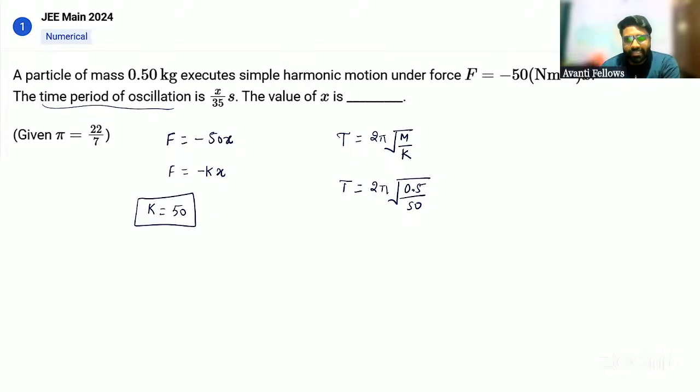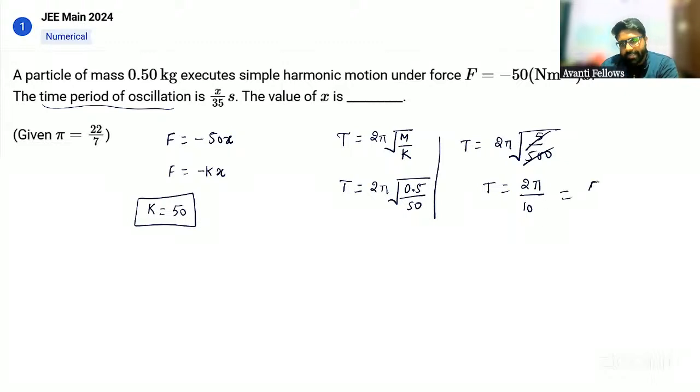So the time period, 2 pi, we can write as root of 5 upon 500. So time period is coming out as 2 pi by 10, because it's 1 by 100. Taking 1 by 100 out of the square root gives 10. And ultimately it is pi by